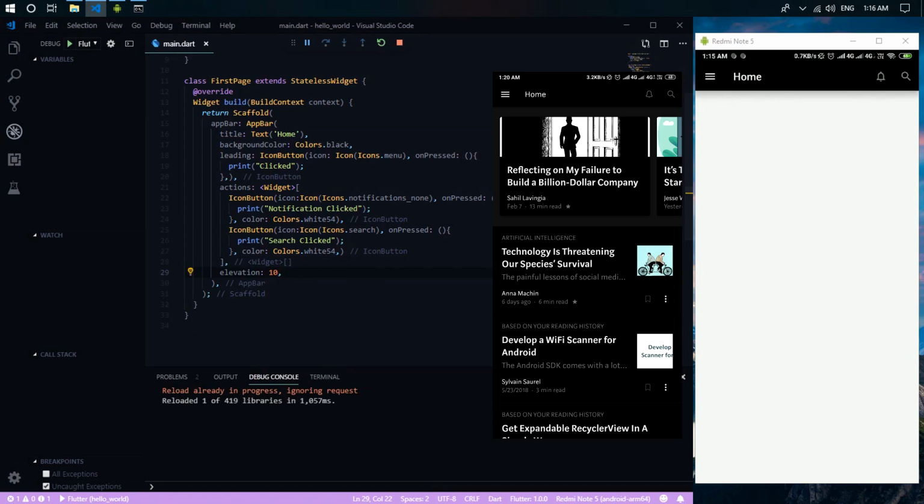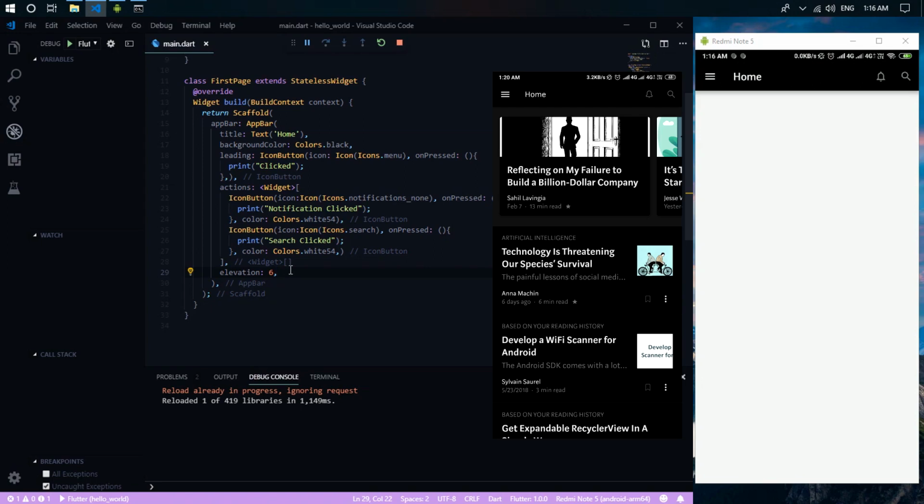Okay, and we can increase the shadow, maybe 20. More shadow, maybe we make it 6. Okay, I think it's similar to the app bar of the Medium app.